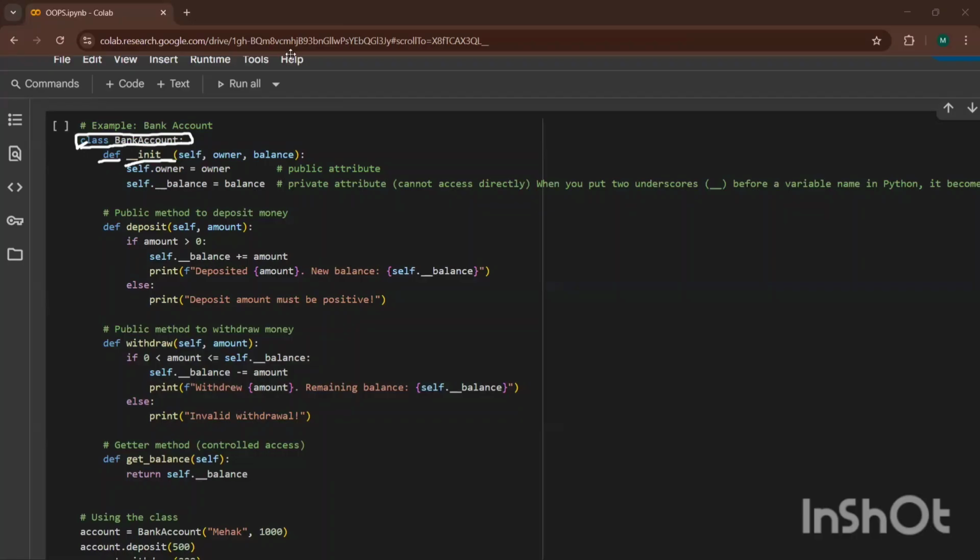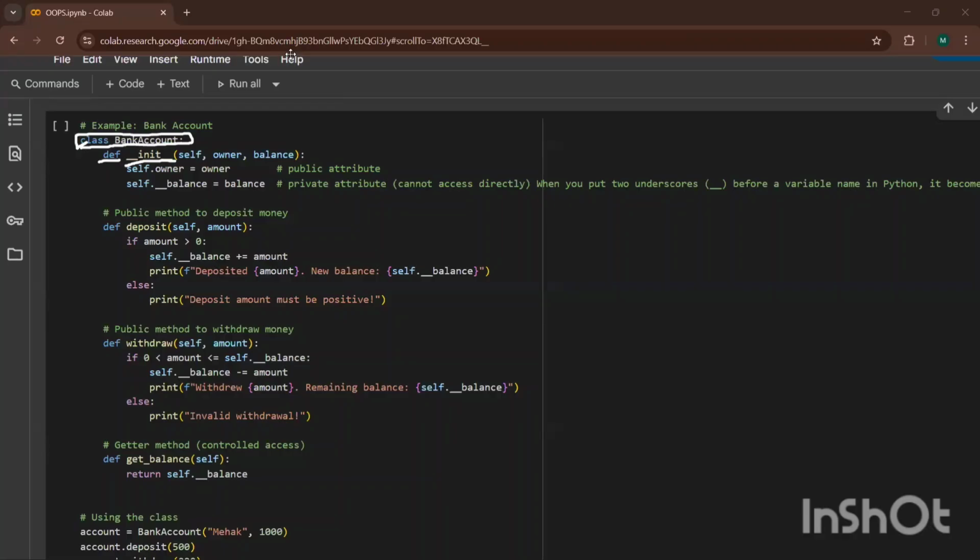Then this __init__. Why do we use init? Why do we use init? It's an initiator. What is it initiating? It's basically constructing the self, constructing the list.